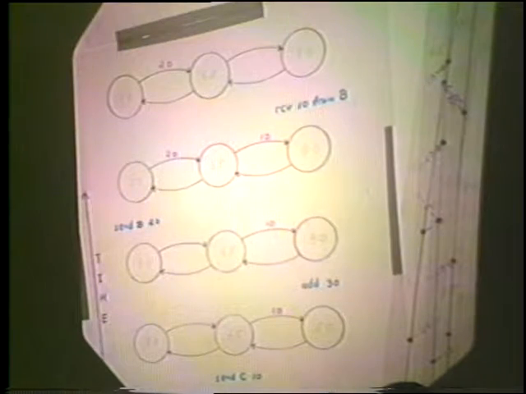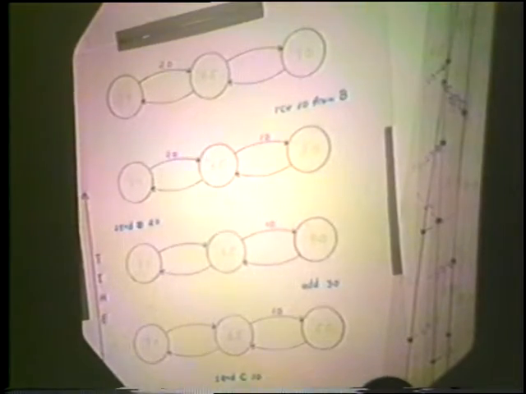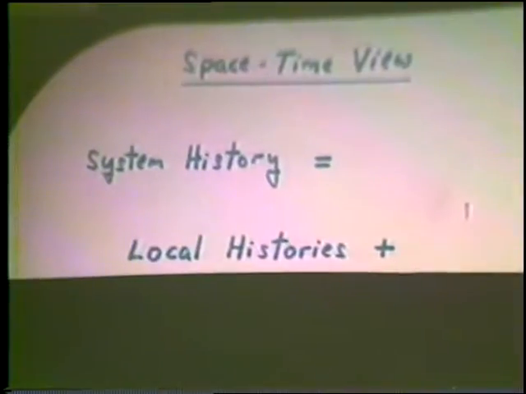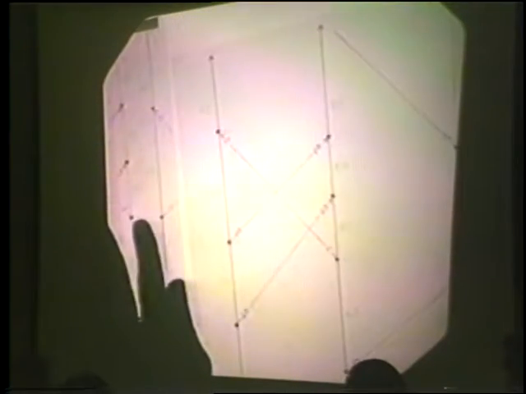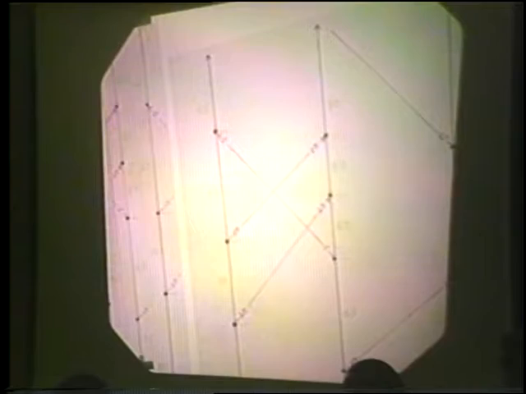Okay, now let's take a look at the space-time view. Space-time view, a system history: we start with a bunch of local histories. So what we want to do is go from this picture to this picture. How do we do that? We have to connect the lines.